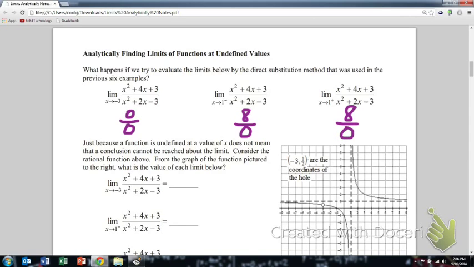But remember, just because a function's undefined at a value of x doesn't mean that there can't be a limit. We can have a limit even if it's undefined. If there's a hole in the graph, there can still be a limit. So if you were to look at the graph of this rational function and look at these limits again, you